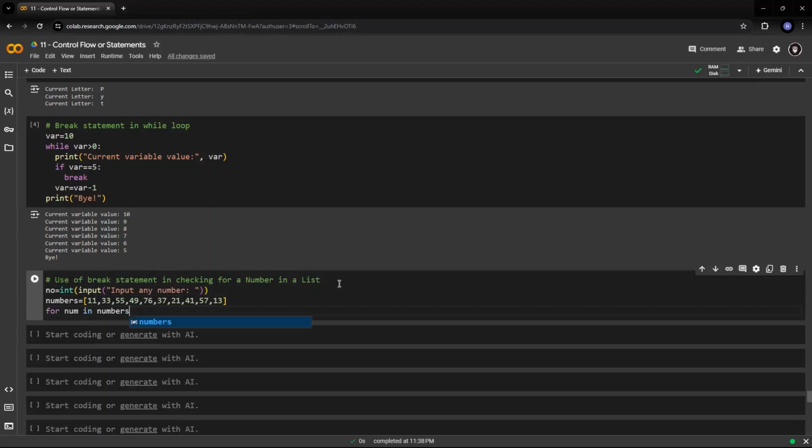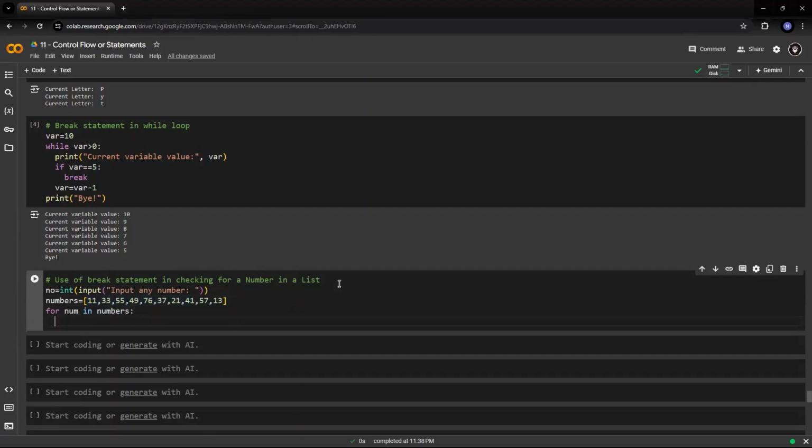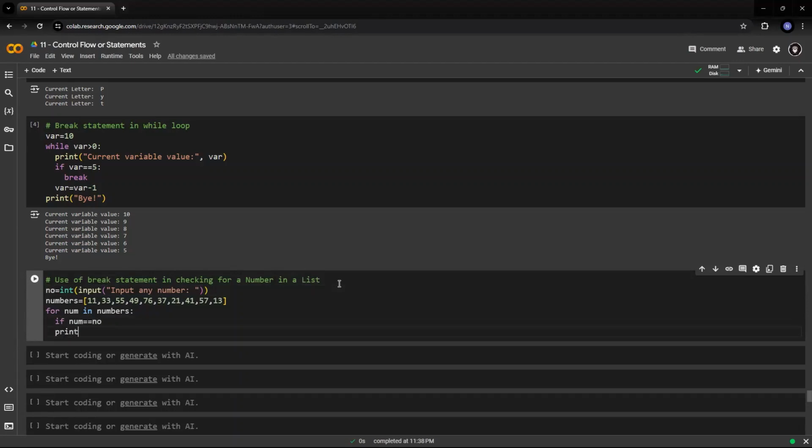So what I'm doing by putting a for loop, I'm checking for each number in the numbers list. If num equals to number, so whatever number that I've inputted, if it is available in these numbers, it will break out of the loop. So print number found